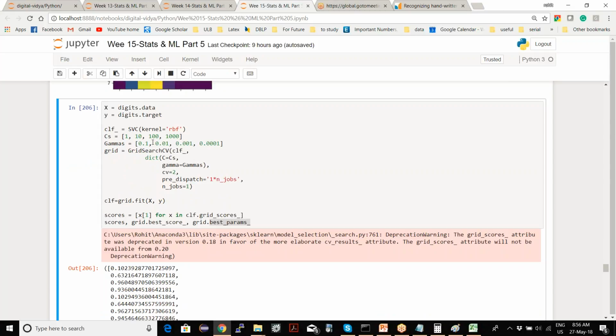So there is no special algorithm involved. It's just doing this manual work of rerunning the model with different parameters for you. There's no maths or algorithm involved in grid search. What it is doing is just running your model on the combinations of the parameters which you have provided, and at the end it gives you the best score and the best parameters.